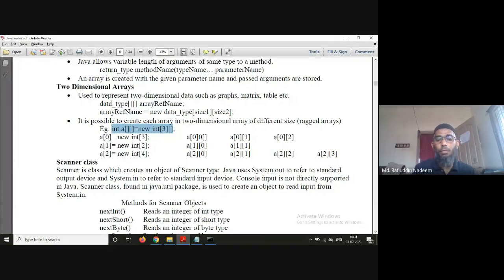Then a of 0 is equal to new int of 3, so the first row is of size 3. Then the second row can be of size 1, and a new int of 2 makes the second row size 2, and the third row is of size 4, like I have mentioned here.